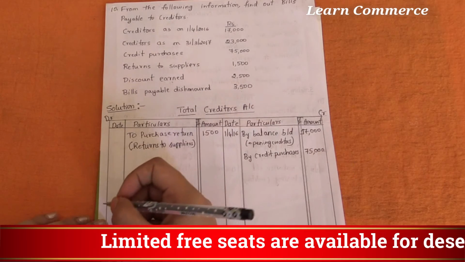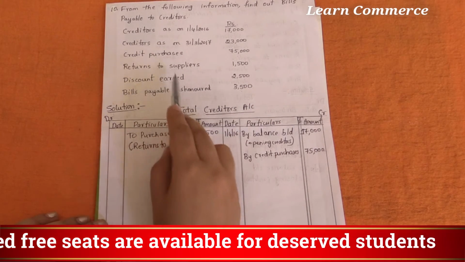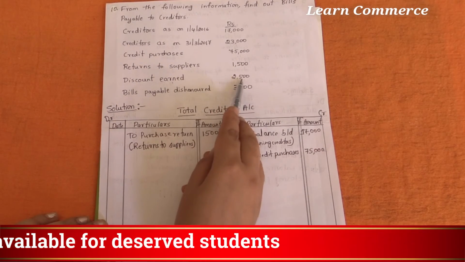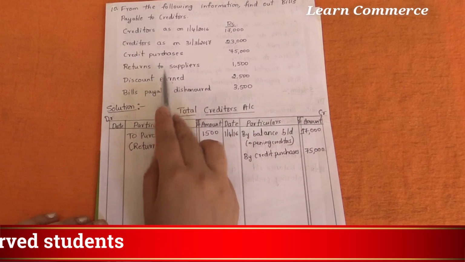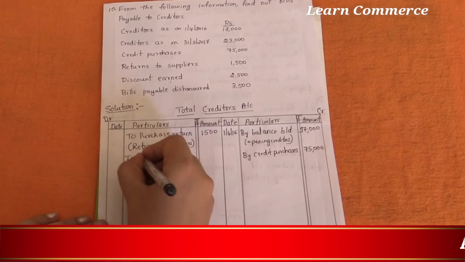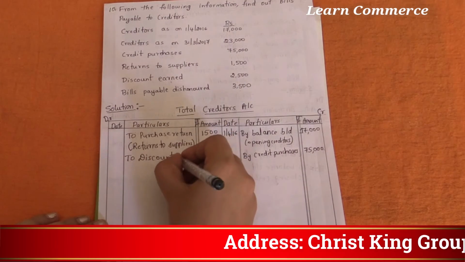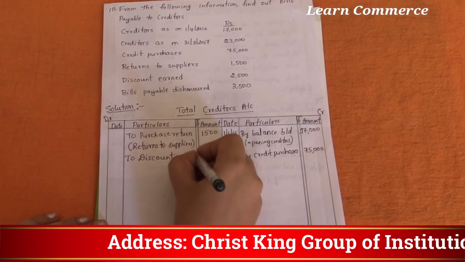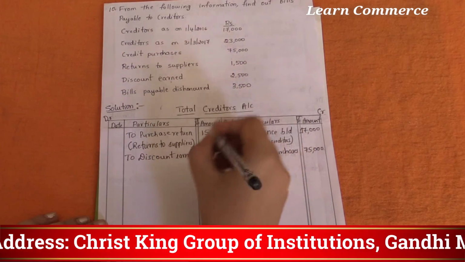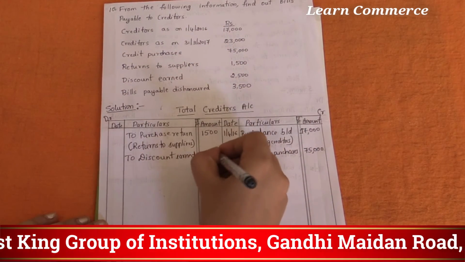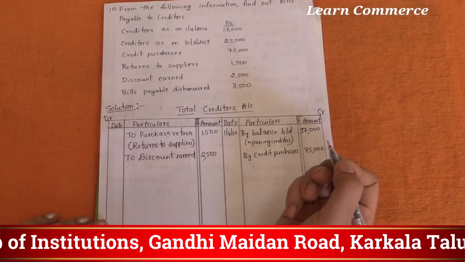Okay. Next one, discount earned 2,500. It should be recorded in the debit side. To discount earned. Amount is 2,500. Okay. Then